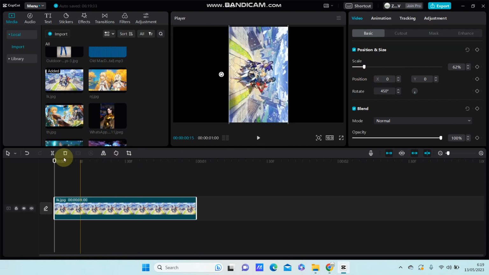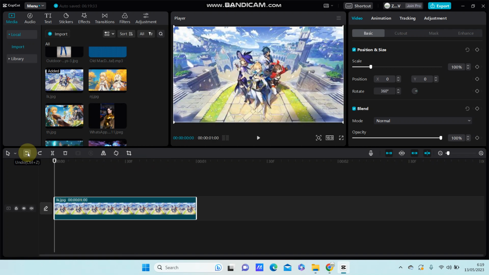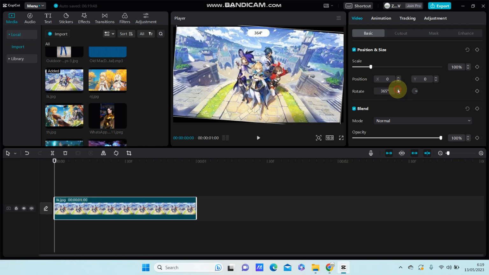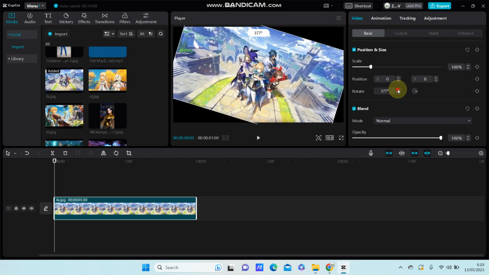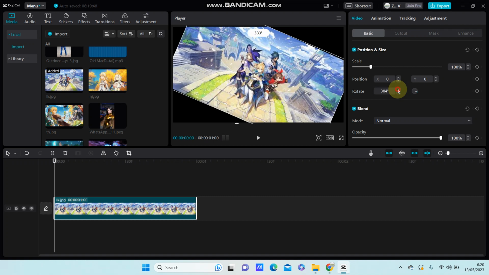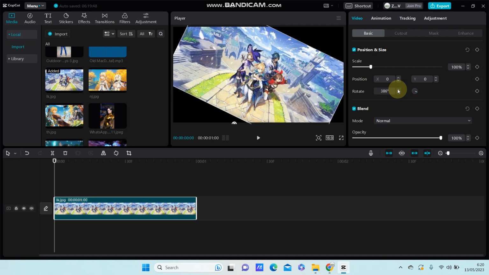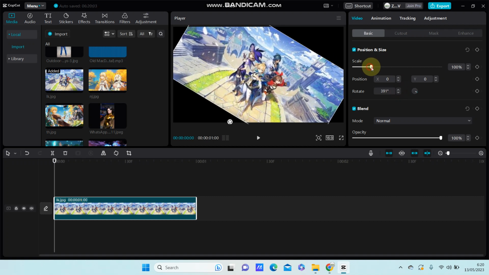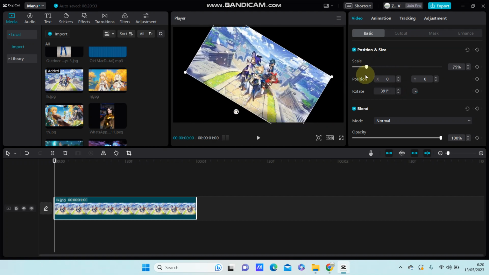And for the second option, you can rotate with this rotation option in the position and size right here. So you can adjust like this, and you can adjust for the scale again. Yes,